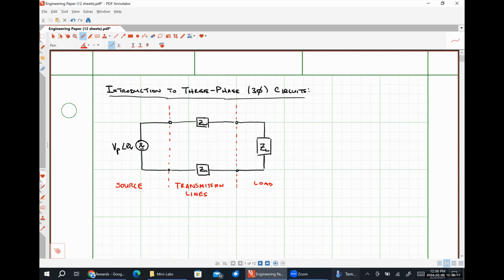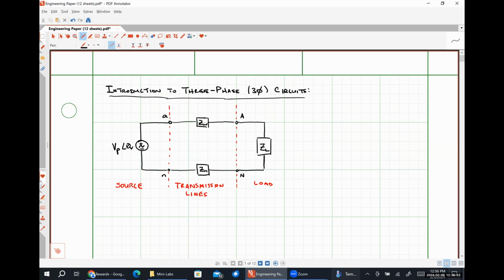Okay? Now, I'm going to introduce you guys to a little bit of nomenclature here, or really like how we're going to look at things. Anytime we're on the source side of a circuit, I'm going to use lowercase subscripts. So I might put a terminal here, lowercase a, and a terminal here, lowercase n. And then when we're on the load side of our system, we're going to use a capital letter. So uppercase A